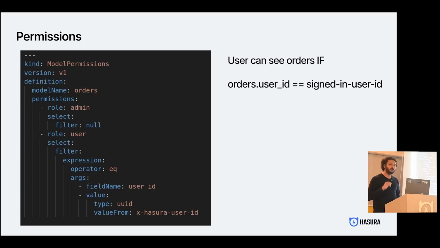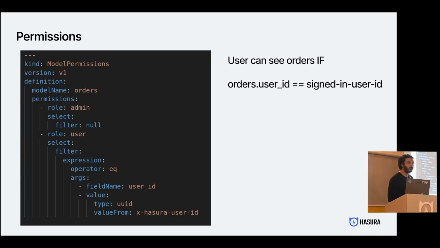Okay, so you built a Supergraph. What are the other cool things you can do with it? Now, your entire domain model is somewhere, right? You have one place where your entire domain model is. Most of your permissions, if you notice, are encoded as some predicate on this graph. For example, user can see an order if the orders.user_id is equal to signed in user ID. This is like our common permissions. This is most of what we do. And those permissions can be declaratively defined in your Supergraph again.